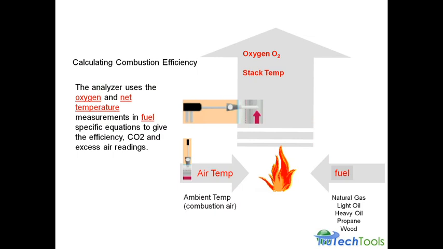The combustion analyzer itself, it's only got a couple cells in there, and a lot of people don't understand what that thing does, but here's what it's doing in a nutshell. The analyzer uses the oxygen and the net temperature measurements of the fuel. So it pretty much knows how much oxygen's coming out the other end, and that's going to help determine the combustion efficiency. When you tell it what the fuel is in the analyzer, you tell it it's natural gas,